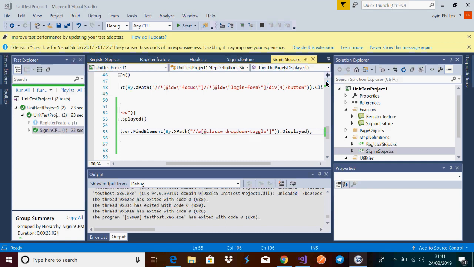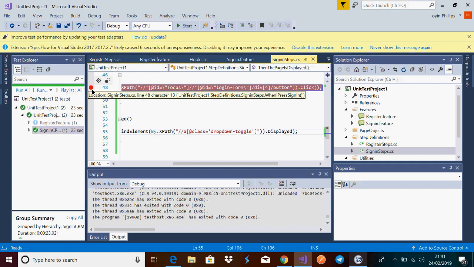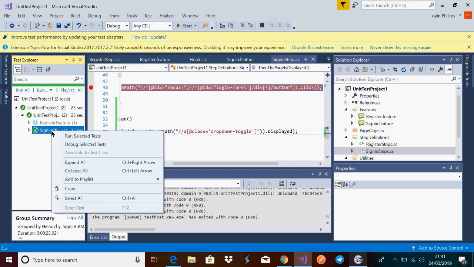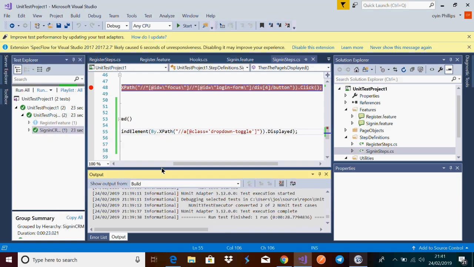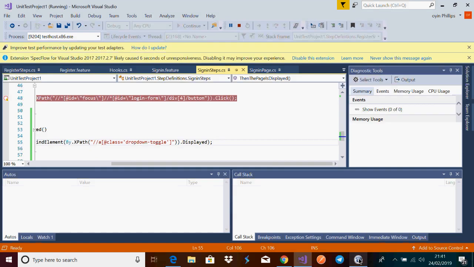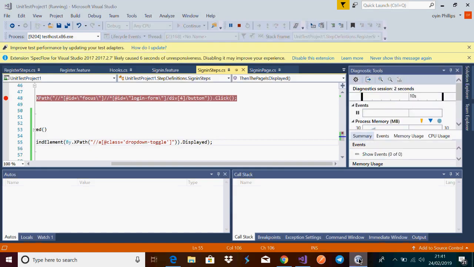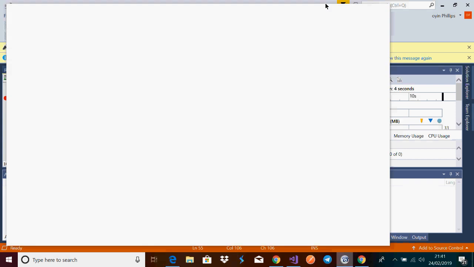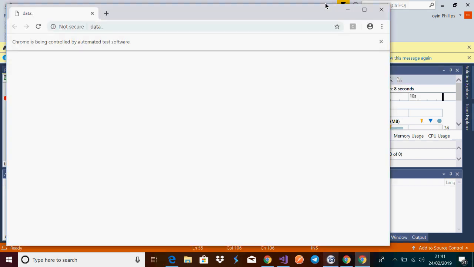Like let's say I went here, I can put a breakpoint there and then I can run it,